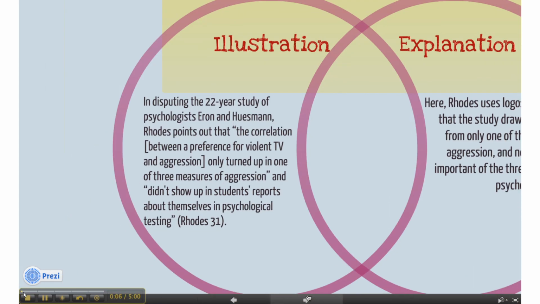So here's our quoted illustration, and you want all of your illustrations and, of course, all of your paragraphs in the rhetorical appeals section of your paper to be filled with quotes and other direct references to the text. The only way to truly support any kind of analysis is by looking very closely at the object that you're analyzing. So you're definitely going to need a lot of direct support from the text. This should be in the form of direct quotes, like the one you see here, and also paraphrase.